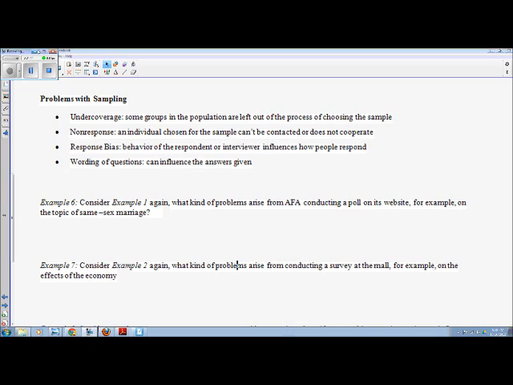So example 6, consider example 1 again. What kind of problem arises from AFA conducting a poll on its website, for example, on the topic of same-sex marriage? So this was a conservative website, and so if you're doing a topic of same-sex marriage, what could go wrong? Okay. So for this, most likely the main thing that could go wrong is undercoverage. And the thing that's going to happen with that, undercoverage,